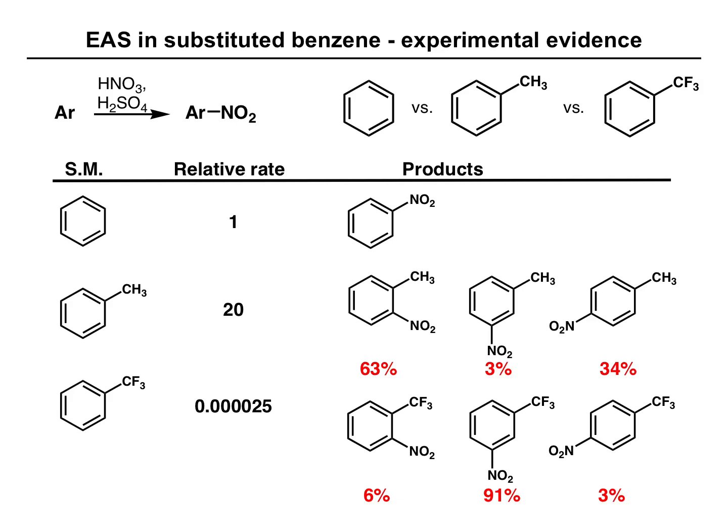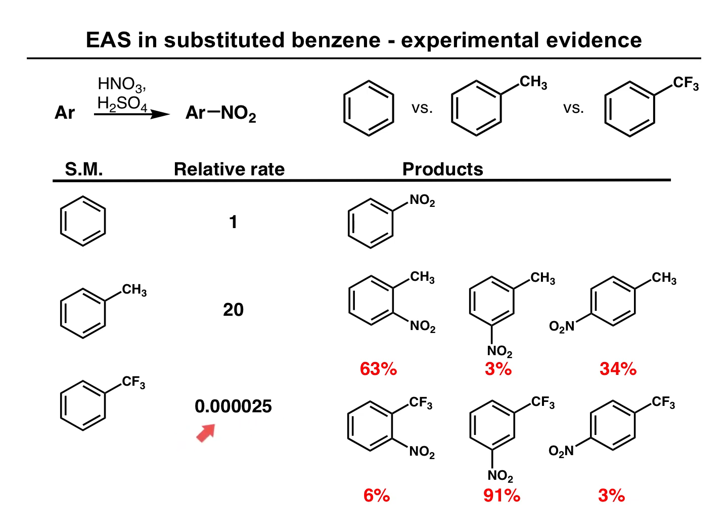In this video, we are summarizing the work that we did in class regarding electrophilic aromatic substitution in substituted benzene. In particular, we were looking at the nitration, comparing benzene versus toluene versus trifluoromethyl benzene. We saw that when we're considering the rate of reaction, toluene reacts 20 times faster than benzene, but trifluoromethylbenzene reacts